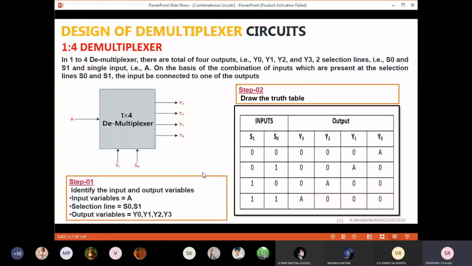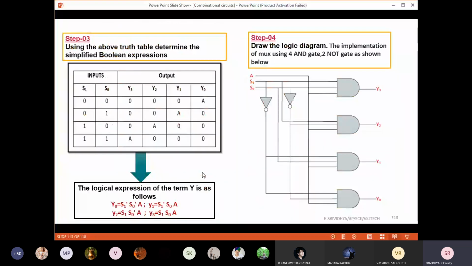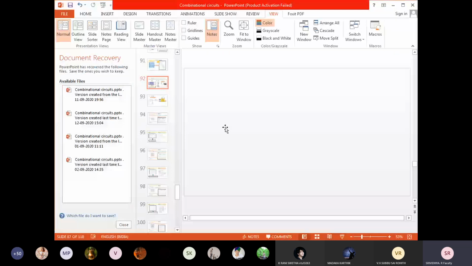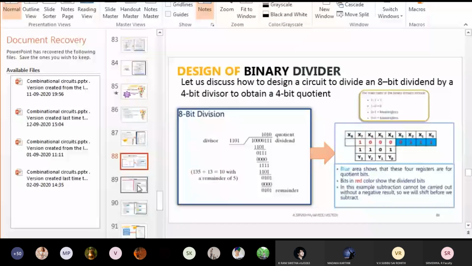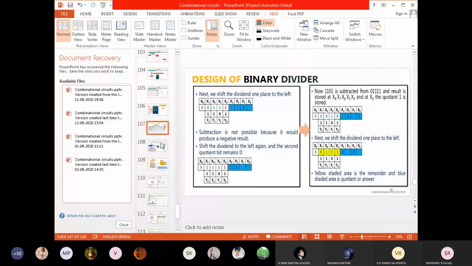Okay. I will just pause this. You just go through till this one. The same thing what I've done for multiplexer, you just go through. Otherwise, if you have doubt in demultiplexer, we will again do the same thing. But problems under demultiplexer, the normal table, direct implementation and implementation table method, I will again do that for demultiplexer. But this task number 12, you all have to do. It is there in the PPT itself. Once again, I will show you all. Yeah, this is the task for the day. So this you all have to do.